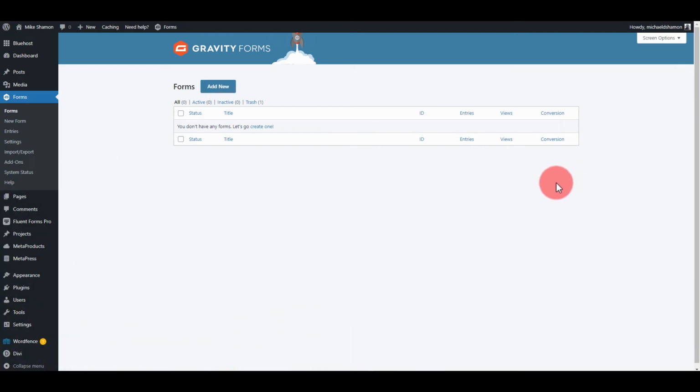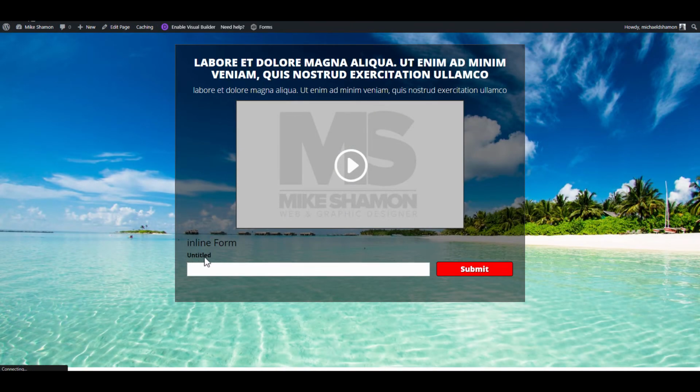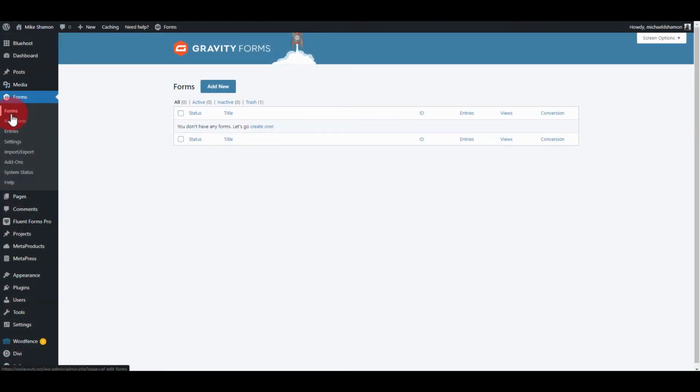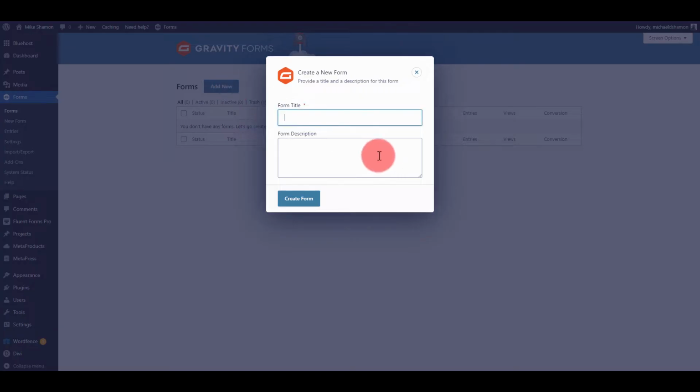In this video, I'm going to show you how to make Gravity Forms an inline form. So you want to make sure you have your Gravity Forms plugin updated to the latest version, and then you want to go to Add New. Name your form